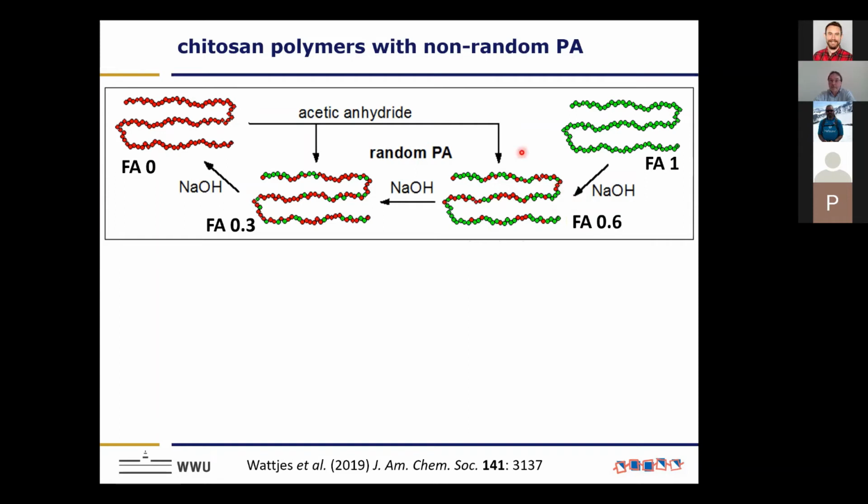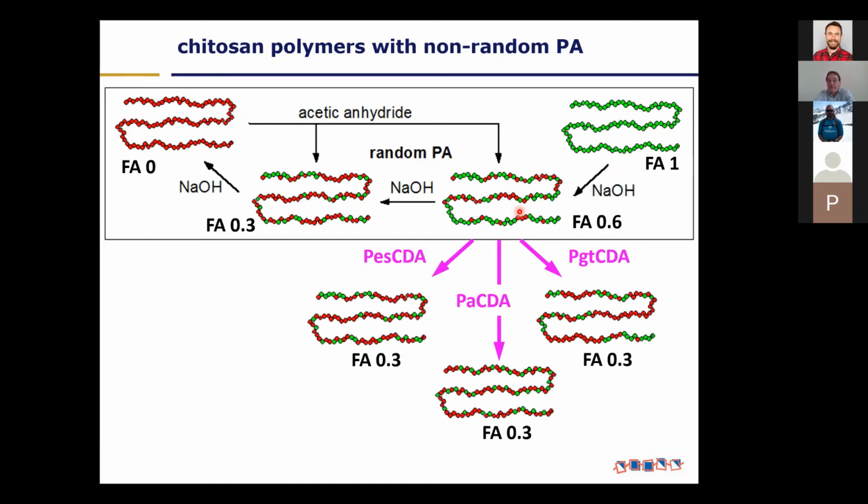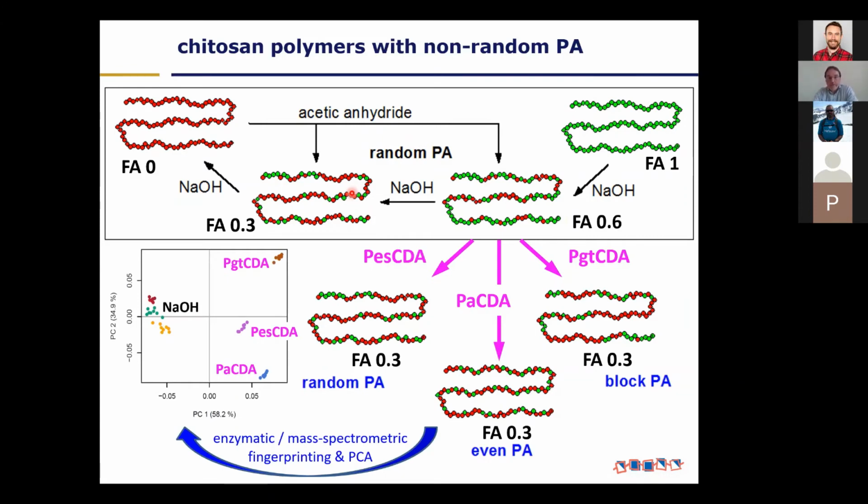Then we end up with a highly acetylated chitosan which has a random pattern of acetylation. And then this one can be used as a substrate for different types of chitin deacetylases. And typically these enzymes will not fully deacetylate the polymer, but they will stop at a certain lower fraction of acetylation. Here we have stopped the enzymes when the products reached a fraction of acetylation of 0.3. And then we can compare these chitosans with the chitosan produced using chemistry, where we know that the pattern of acetylation is random. We can do this using enzymatic mass spectrometric fingerprinting and